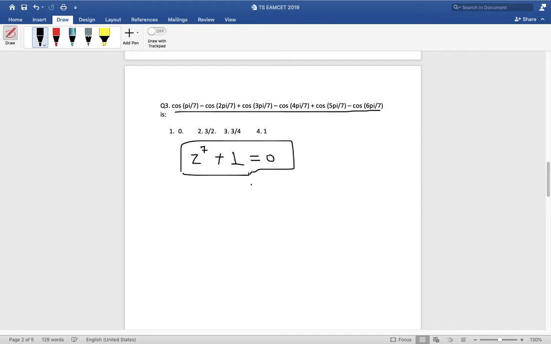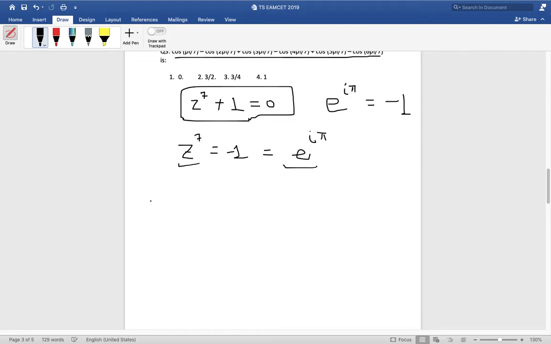So let us assume that there is a complex number Z which is a root of this equation, Z raised to the power 7 plus 1 equals 0. Now you might be wondering why I have chosen this Z raised to the power 7 here. Why 1? Because we all know that e raised to the power iota pi is equal to minus 1. 7 I have chosen because it's 7 here. So that solves the mystery. So when I write this as z raised to the power 7 equals minus 1, or e to the power iota pi, I can solve it easily.